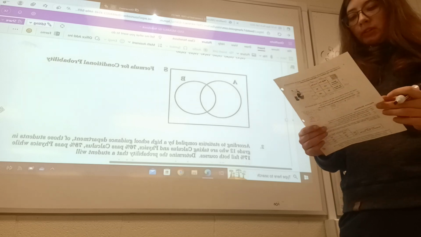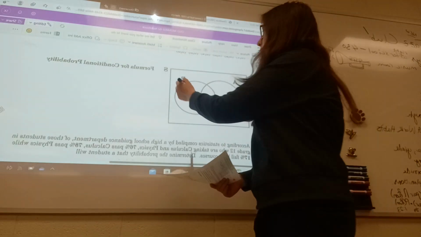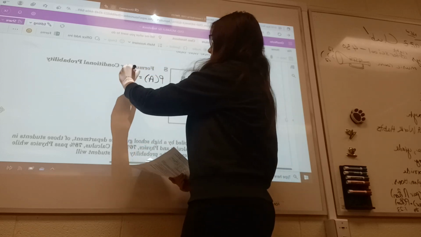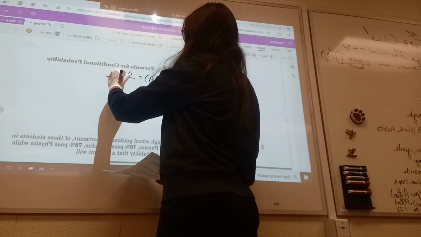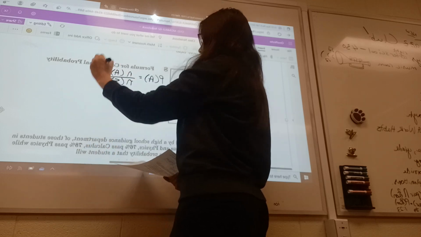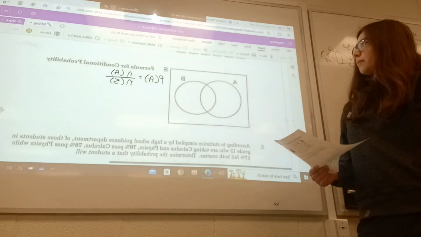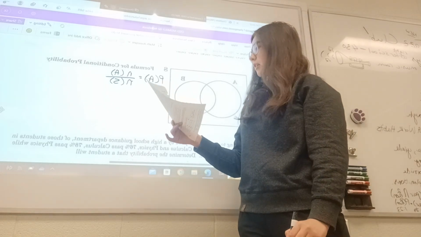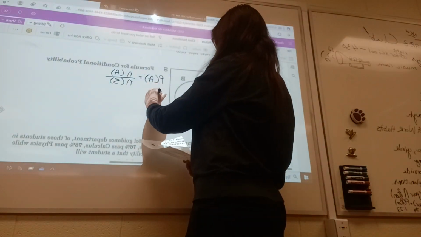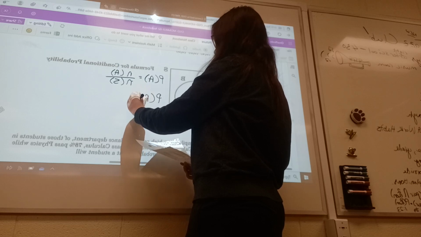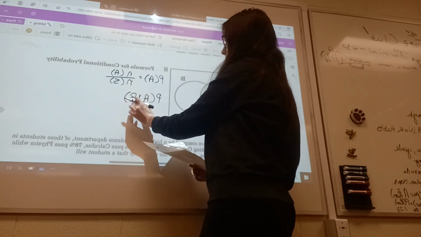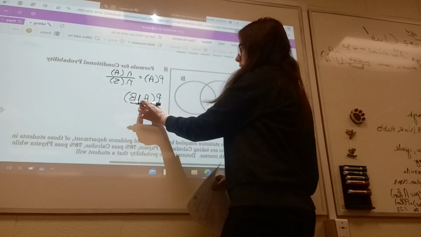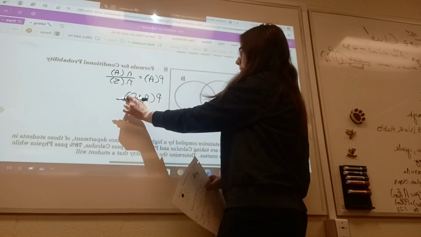The formula for conditional probability. So just to review, we know the probability of any event A happening by itself equals the number of ways our event can happen divided by the total number of outcomes in our sample set, okay? But our formula for the probability of some event A given some event B has already happened. Make sure you're reading left to right, okay? Never say B given A. Probability of event A given some event B has happened